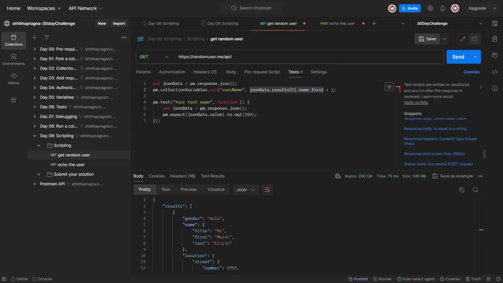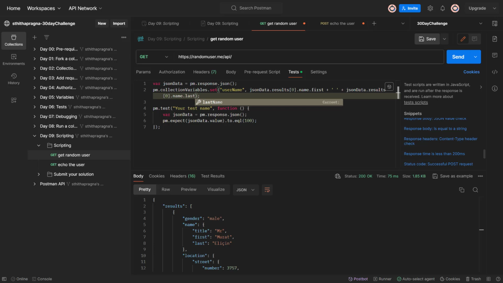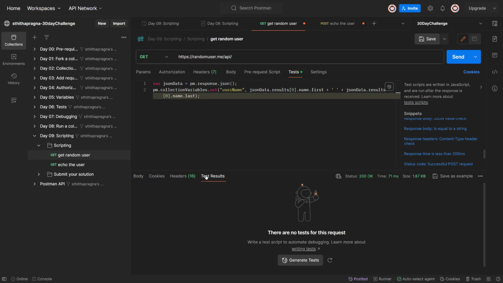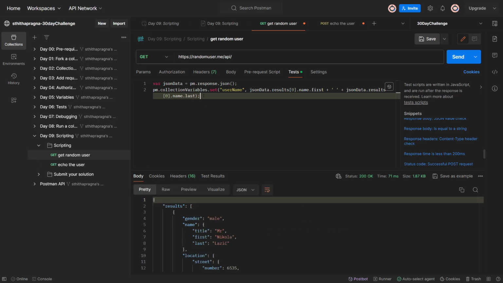Of course. And let me give a space. I'm just throwing it there. I don't know if it will work. Okay, at least it is not throwing the error. I don't know if this is going to work or not. Let's hit send. Okay, it didn't fail, so I hope